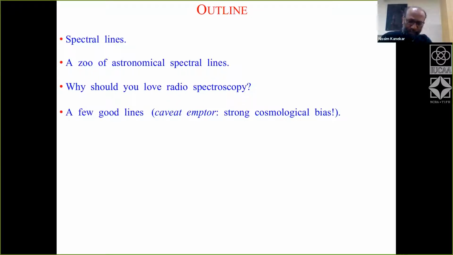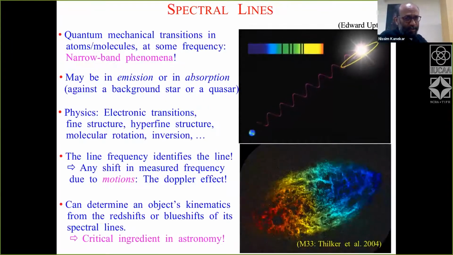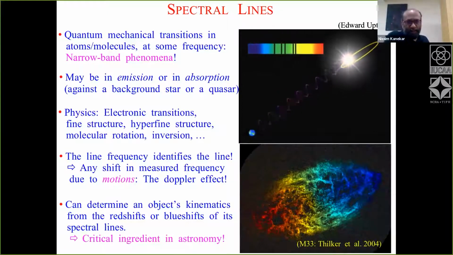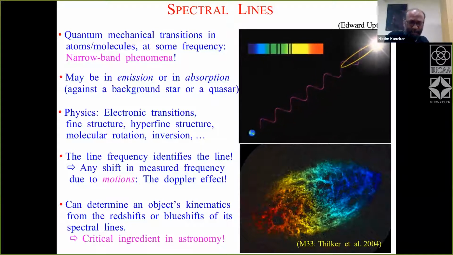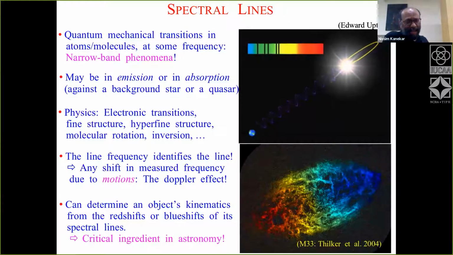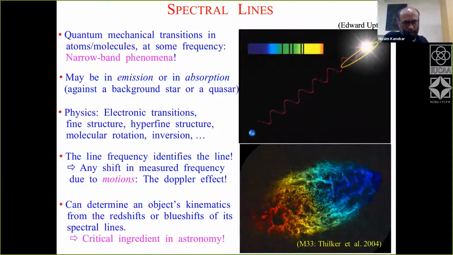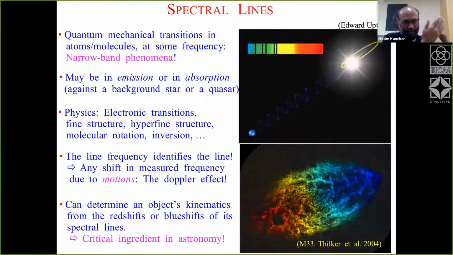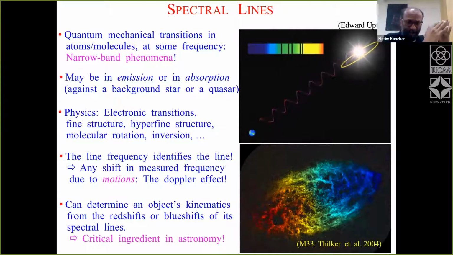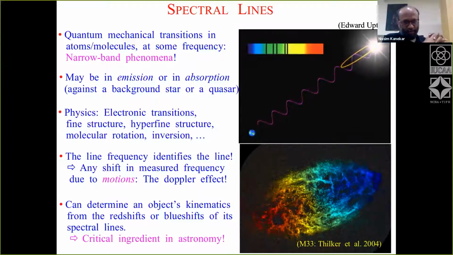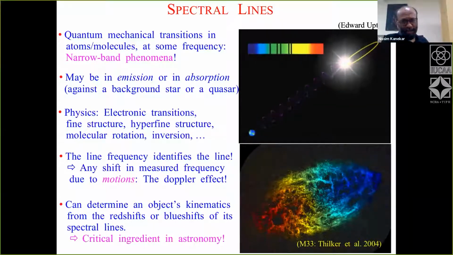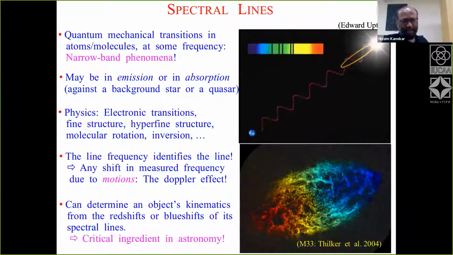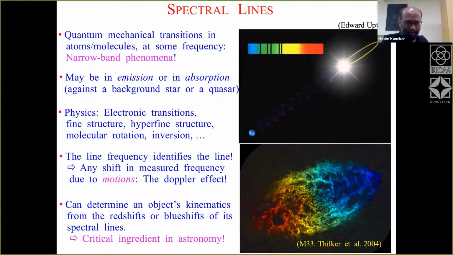So what are spectral lines and why do we care so much about them? Spectral lines are basically quantum mechanical transitions in atoms or molecules at some specific frequency. And these happen because the atom or molecule has two possible energy levels, two in the simplest case, and it makes a transition from one level to the other. If it makes a transition from the upper energy level to the lower energy level, this is associated with the emission of a photon,